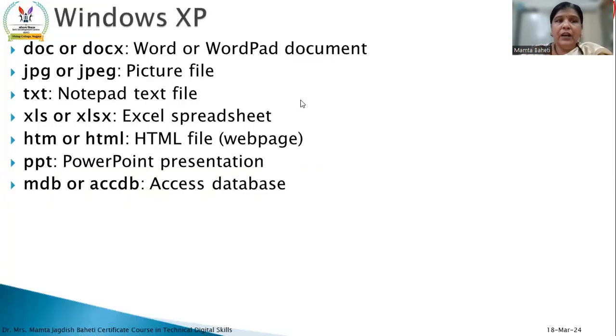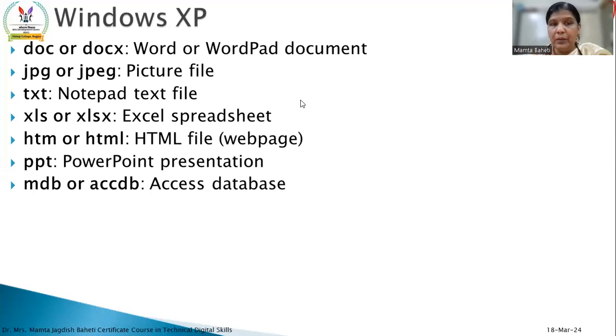There are some other important file extensions that you regularly use or notice, like DOC or DOCX, JPG or JPEG, TXT, XLS or XLSX, PPT or PPTX, MDB or ACCDB. So depending upon these extensions, you can view or identify what the file format is, what the version you are having